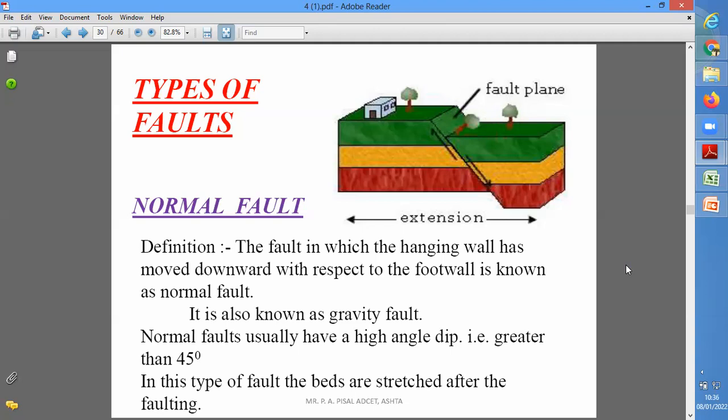Now, what is the meaning of normal fault? The fault in which the hanging wall has moved downward with respect to the footwall is known as the normal fault. Okay,